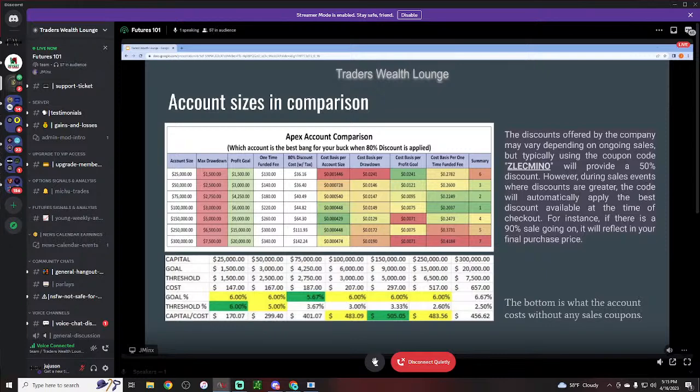And I believe that their cost is about $170 or $300. I'm not 100% sure for a full price, but they have a lot of sales. So they have 50% sales, 90% sales, 80% sales. So if you get it on sale, it's not a bad deal. But basically,